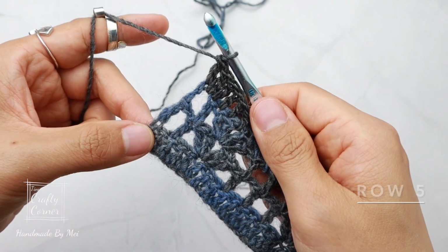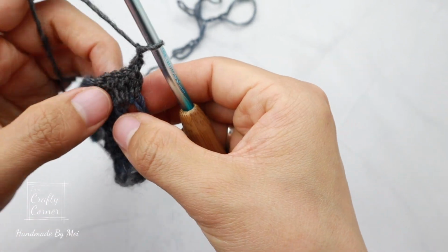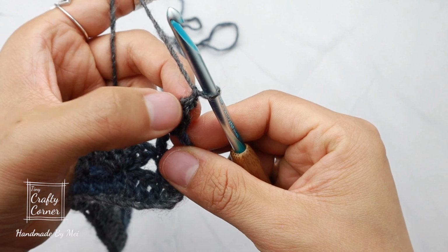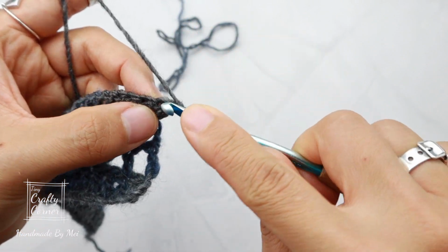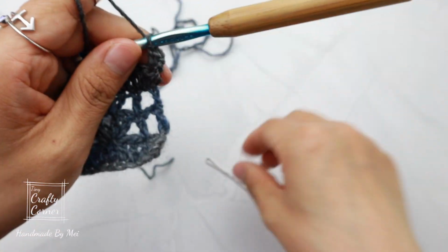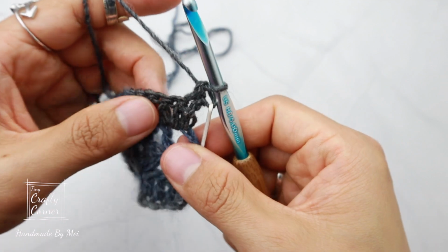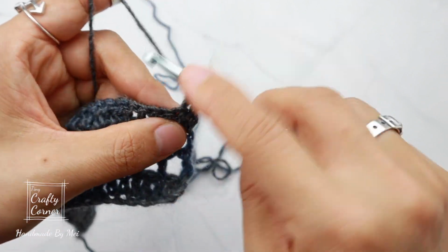To begin row 5, 1 chain and turn. This 1 chain does not count as a stitch. In the same stitch, place a single crochet and place a marker to make it easier for counting, and double crochet into the next stitch,